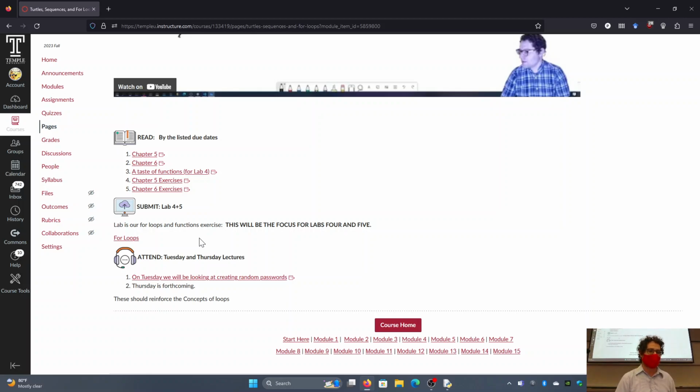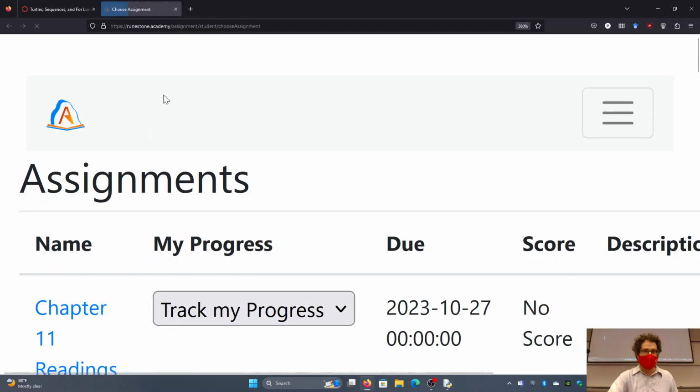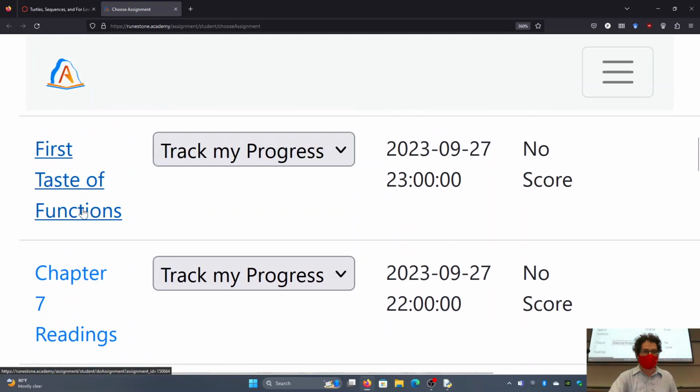And if you're having trouble with it, don't put it off. Please come to me so that I can explain things to you. Because not only are we working with loops, but we're also working with functions, right? Now, functions we don't really go into too much detail for the first exam, but they're so useful for making sure that you can separate your code into small subprograms that they're worth giving you a small taste, as I say, for them. I put that in as a first taste of functions, right? And you want to get that done as soon as possible.